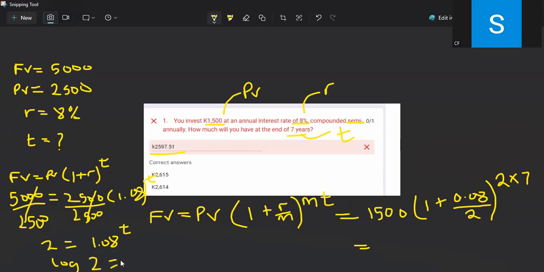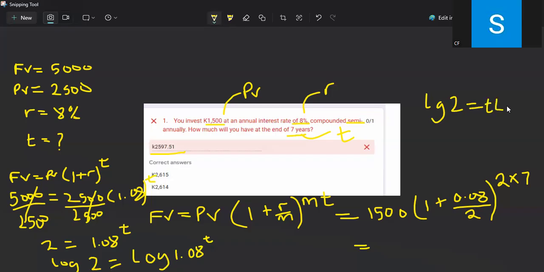and here you're going to have log 1.08 to the power t. It is only when the log is introduced that this power can fall. So this power will come in front of this log here. So we're going to have log 2 is equal to t log